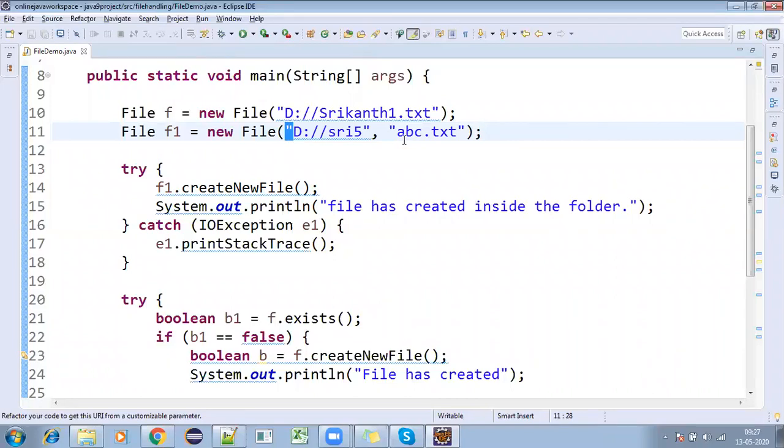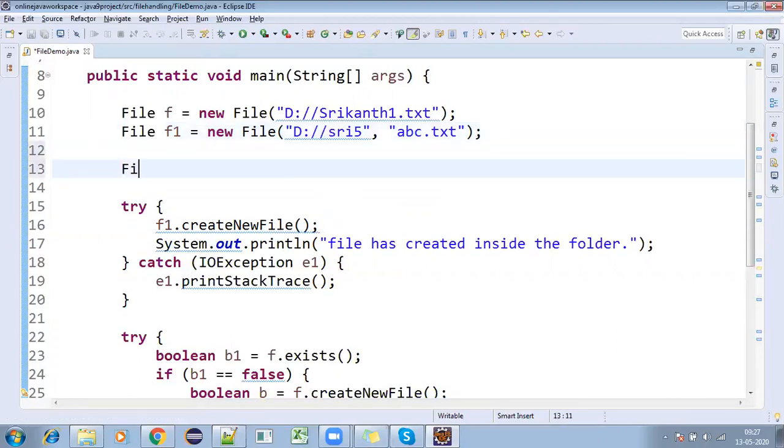Now I want to create a directory. What do I need to do? File f2 equal to new File. Here I'm trying to create D colon, and here I want to create Supratik.